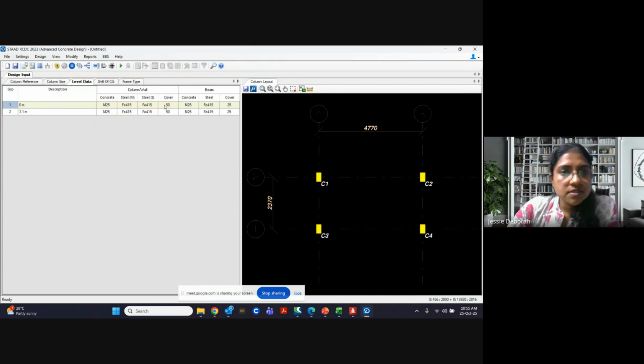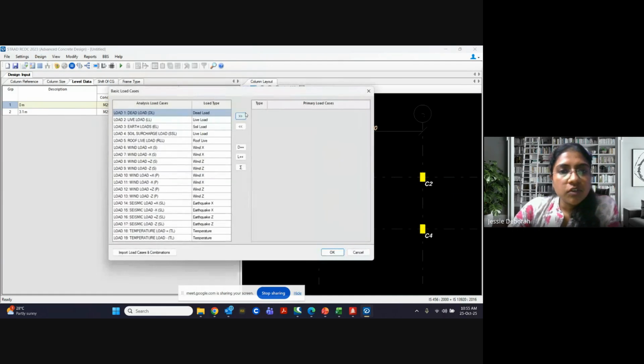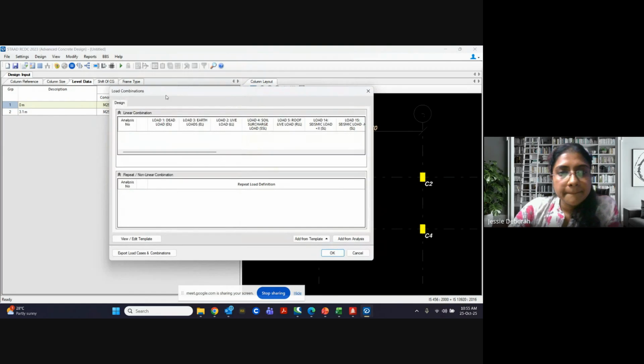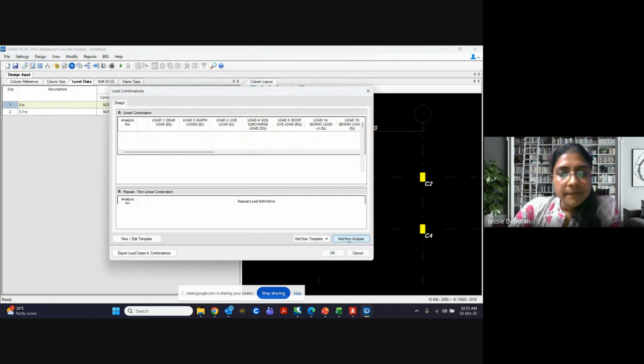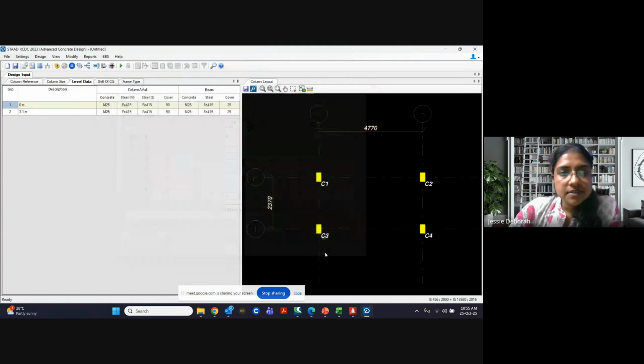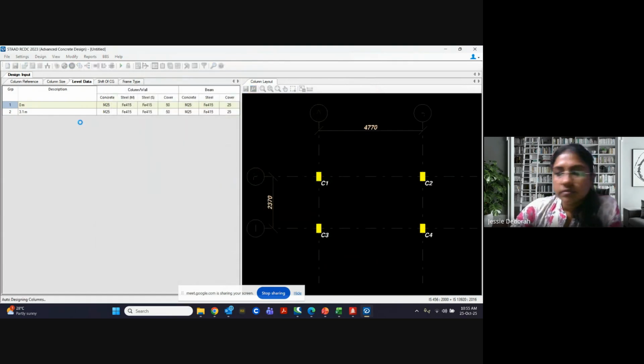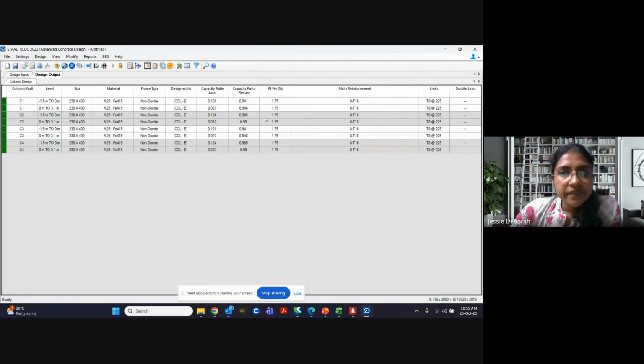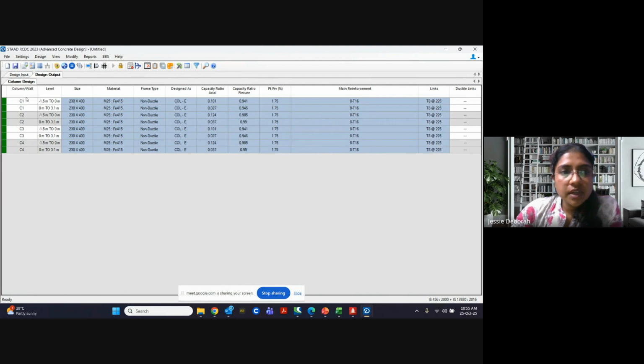The cover used for a column is 50, for a beam it is this. So we give auto design, select all of this, move here, give OK, add from analysis. Now it will tell you the main rebar for the column and how to go about it.